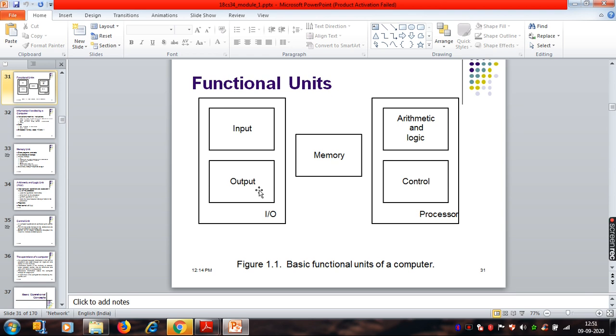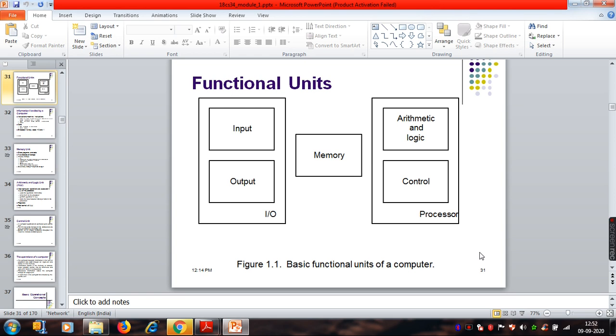Okay. Similarly, then we have a processor. The processor consists of the control unit and the ALU. So why control and ALU? For these devices, the input and output devices, or the memory device, these functional units are basically connected together. They're not isolated, they're not independent functional units.